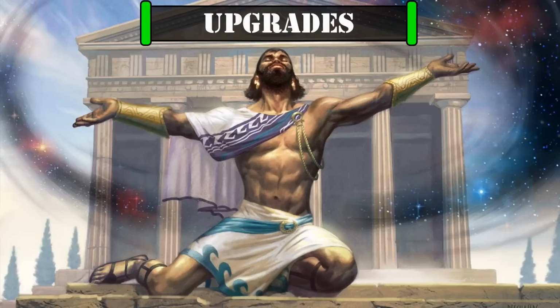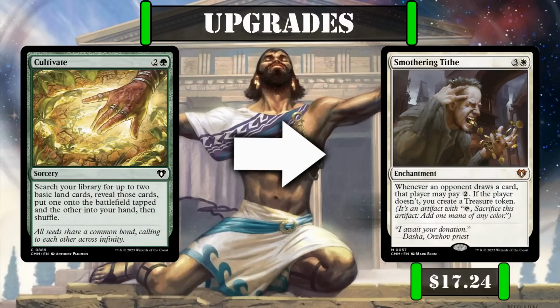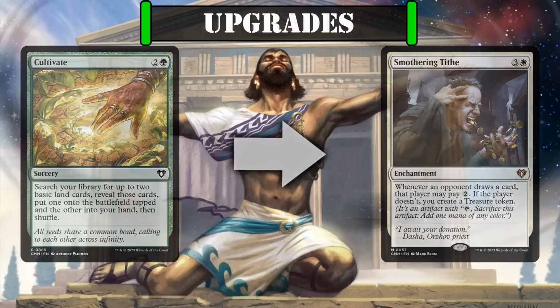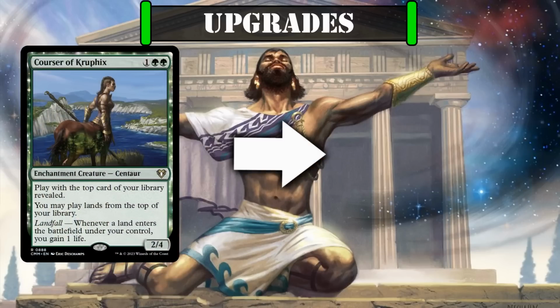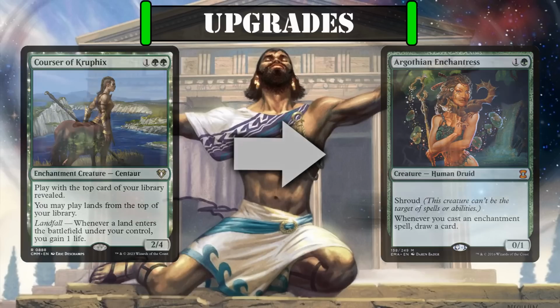Then for further upgrades, Cultivate can be cut in favor of Smothering Tithe as a more on-theme source of ramp to generate us huge swaths of mana in the form of treasures to help cast our spells as our opponents draw cards. Courser of Krufix can be traded out for Argothian Enchantress as yet another Enchantress effect to generate card advantage for us as we cast our enchantments, this time with built-in targeted removal protection to keep itself alive, and